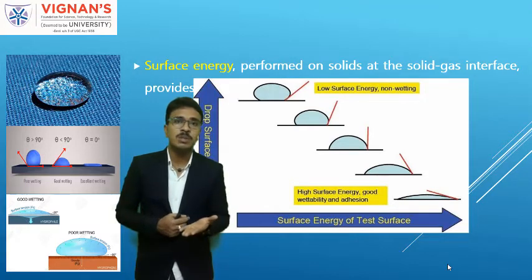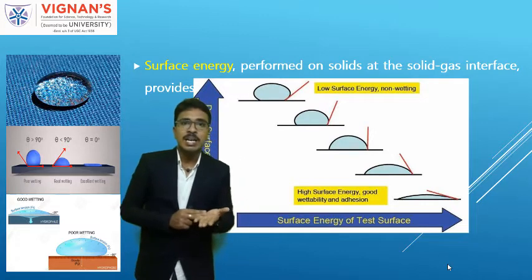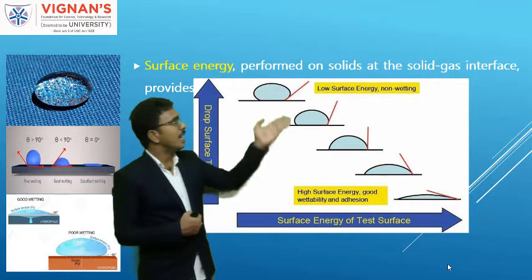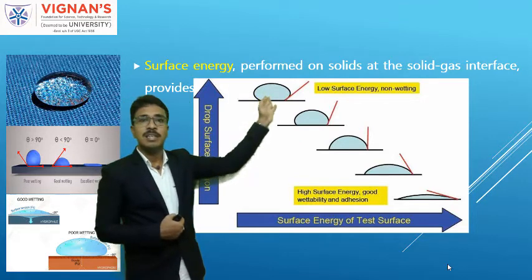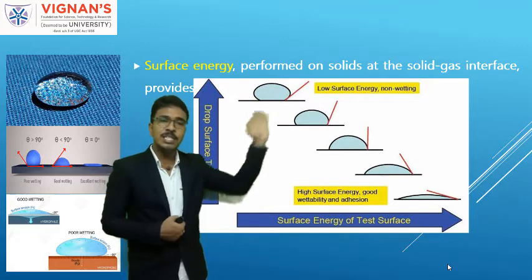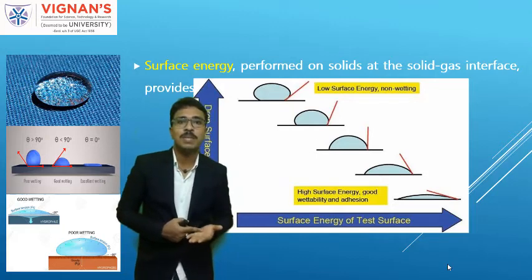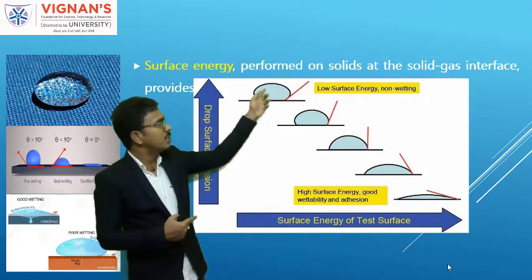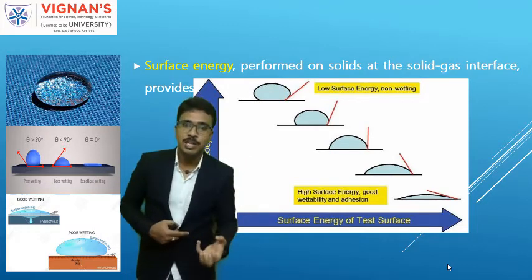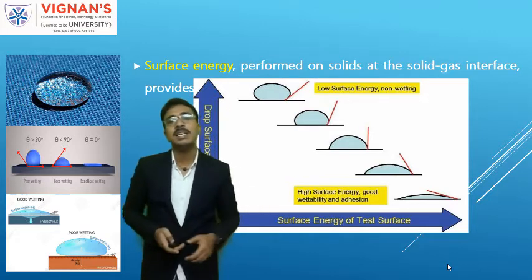So what you can do, by applying suitable chemicals or suitable finishes, is reduce the surface energy. That's simple. So we are reducing the surface energy of the solid relative to the water droplets. Obviously, if you put a drop of water on such a solid surface, the droplet will not go into the fabric pores, and it will not be absorbed by the fabric.